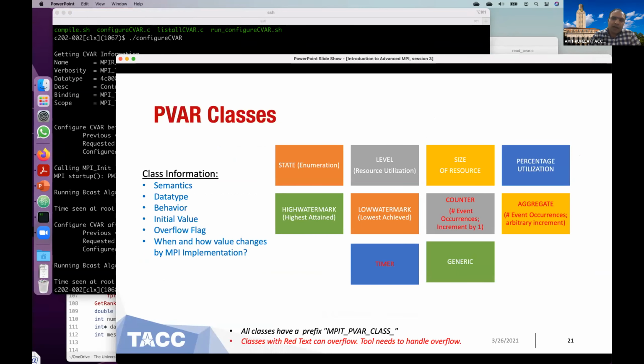So PVARs are bound to certain classes, where each class represents the semantics, like what information it represents and what data type it can take. For example, state always takes an integer data type, whereas percentage utilization always takes a double data type. It also gives you the behavior, what the initial values could be, and whether those classes can overflow.